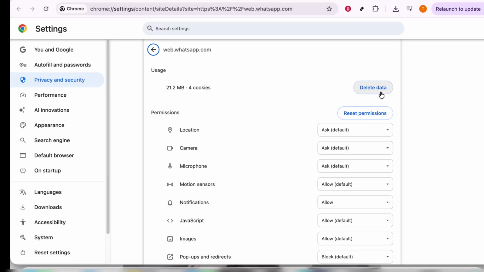This removes any stored files that could be causing conflicts in loading the QR code correctly. To do this, navigate to your browser settings, look for the option to clear browsing data,